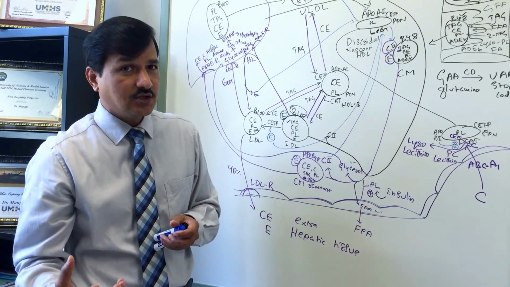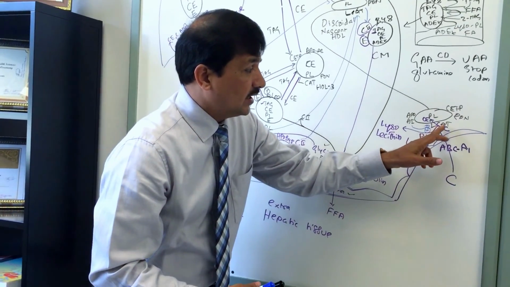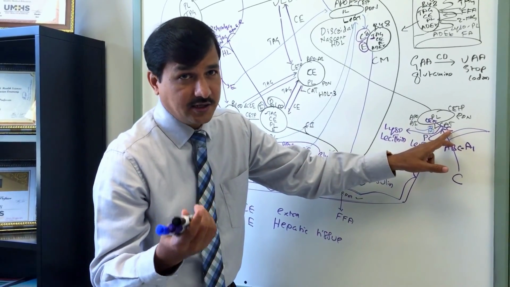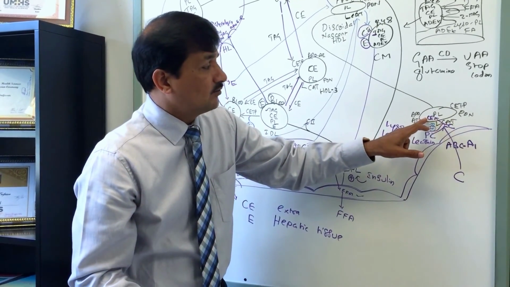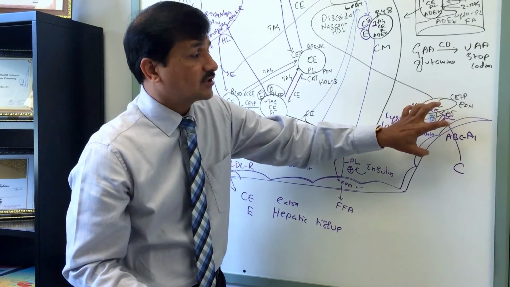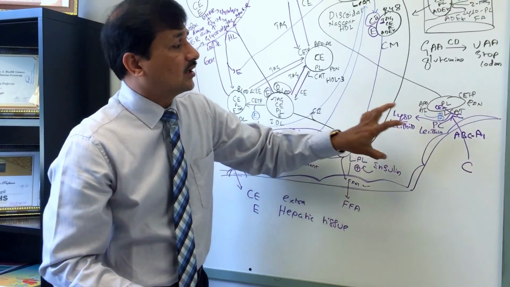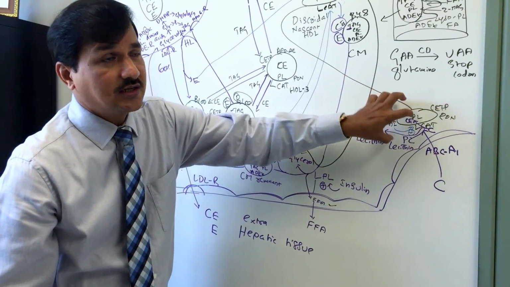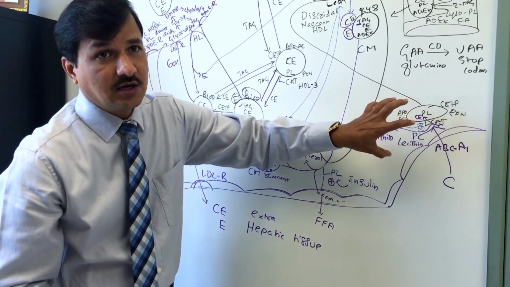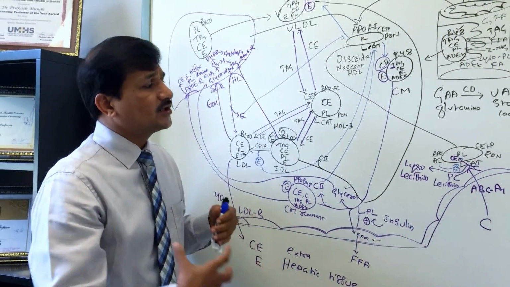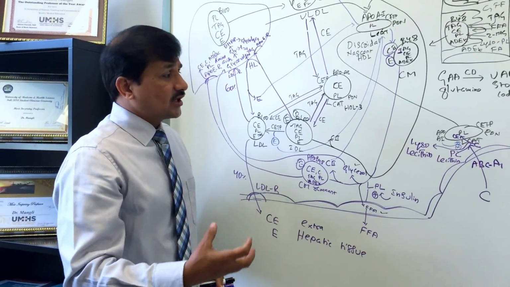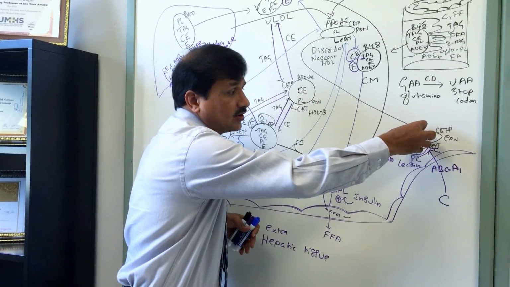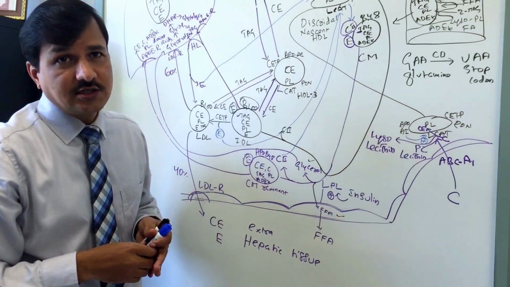Where did that fatty acid go? That fatty acid is taken up by the LCAT, which inserts that fatty acid into cholesterol at the hydroxyl group at the third carbon and converts that into cholesterol ester. That is the function of LCAT. So LCAT converts cholesterol into cholesterol ester and loads it into the center of the discoidal nascent HDL molecule. LCAT continuously does this. As the continuous accumulation of cholesterol ester goes on, it is going to be accumulated in the central core of the nascent discoidal HDL molecule.